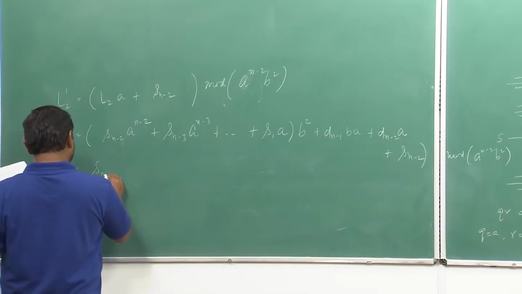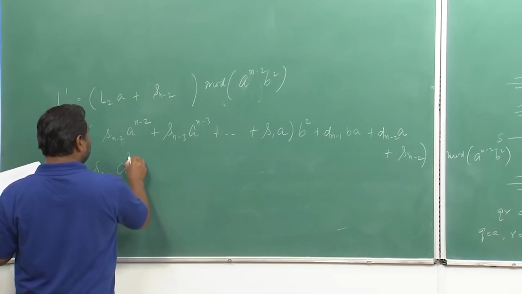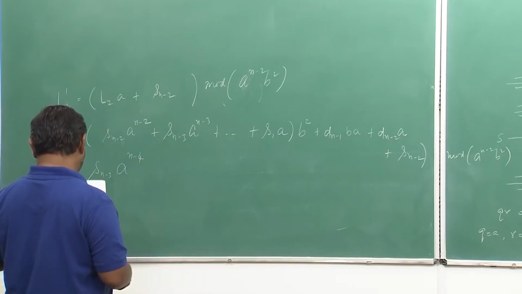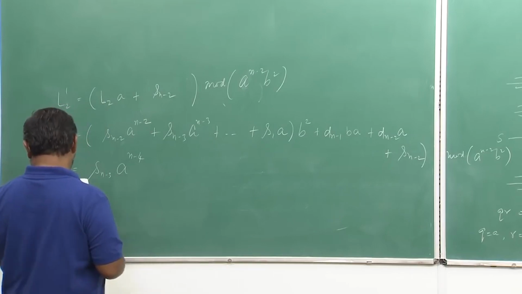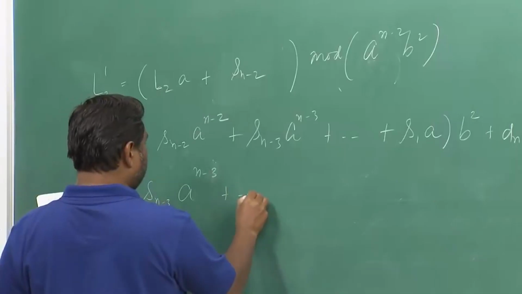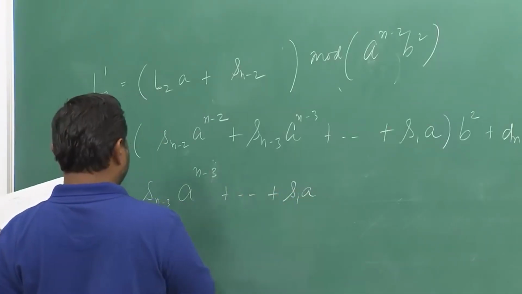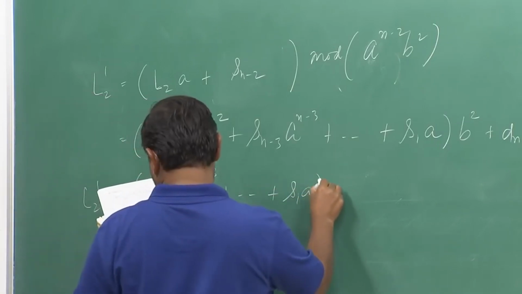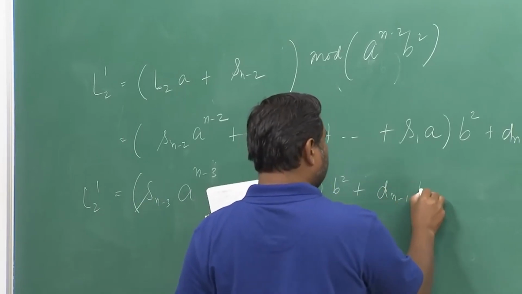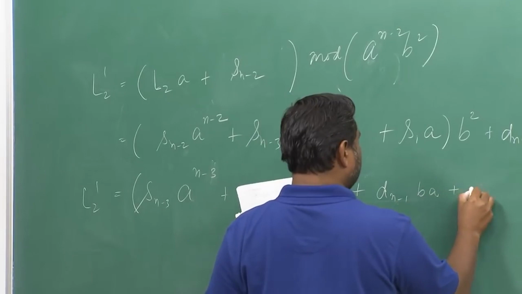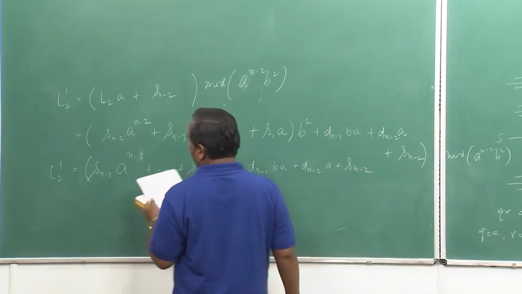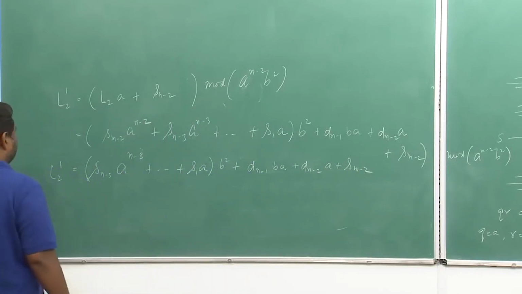So I will have Sn minus 3 a n minus 4, and from there L2 prime,